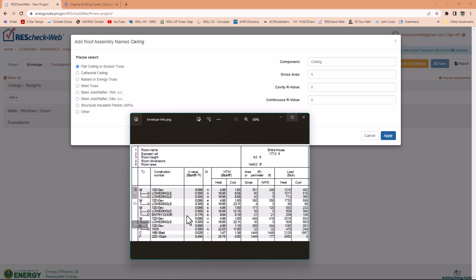From my Rightsoft report, C means ceiling. So the ceiling is gonna be equal to the gross area. What is the gross area? In here I have the gross area, 1449. So gross area 1449 for the ceiling. So that's what I'm gonna put in here, 1449. What is the R value of my